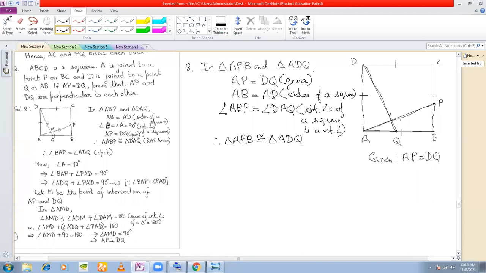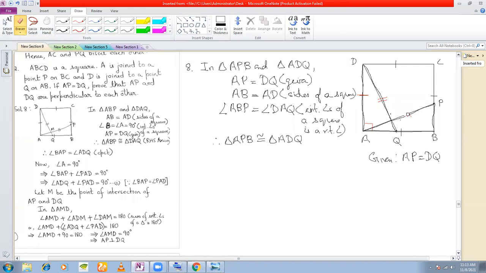Now the question is, by what axiom? Now let's see what axiom. So we are talking about this angle here, 90 degree. Consider only one triangle. We are talking about this side here, right? And what other side or angle have we included here? We have included this side, right? Now tell me which axiom?